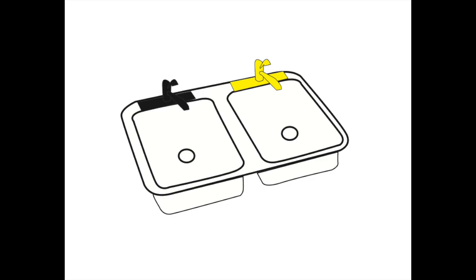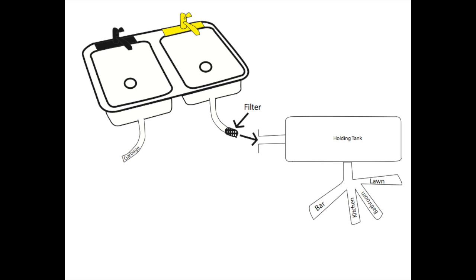Our prototype took the one faucet design and added another that can reuse the gray water instead of letting all the gray water go to waste. As you can see, the yellow faucet on the right is the spout for the gray water, and the black faucet on the left is the spout to be used when the water must be completely pure. The gray water faucet will have a small carbon filter which can remove sediment, volatile organic compounds, taste, and odor from the water. The filter will be in the drain so that the water can be treated before entering the